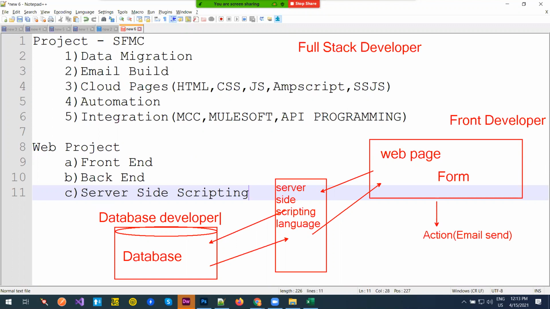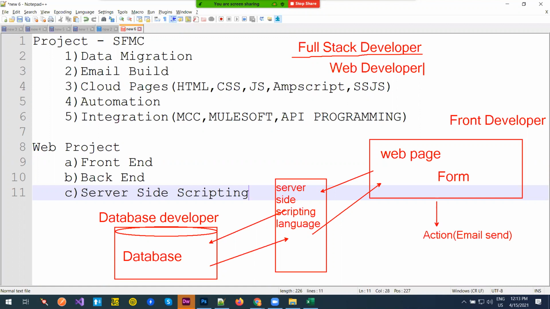The one who knows front-end, it's always a best practice to know the server-side scripting. If you know all to do, then you are called a full stack developer or web developer. If I call someone a web developer, they should know to do all the three. If you know all the three, learning Salesforce Marketing Cloud is not a big deal.